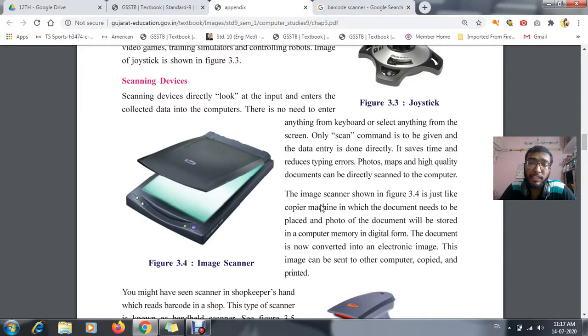Till 8th standard you were writing the theory part, that means questions and answers, just like other subjects. But from 9th standard onwards you will have just MCQs. That means for a 50 marks exam, the whole 50 marks will be MCQs, no question answers. So what happens, there will be a barcode, sorry, OMR.